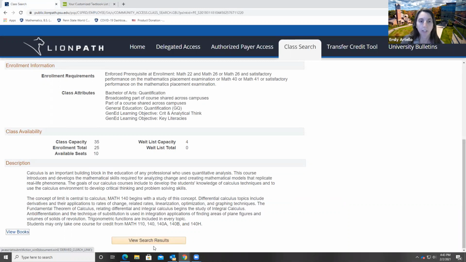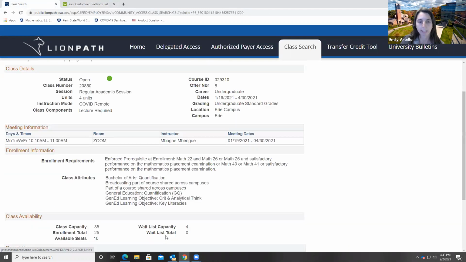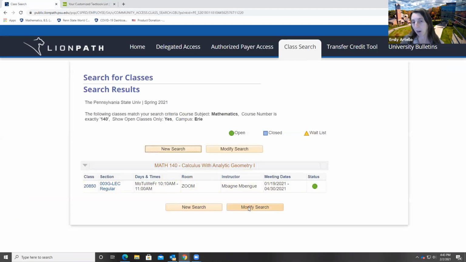Okay, then you're going to go back. I always recommend clicking View Search Results and or Modify Search if you're going back. If you decide that this is a section that you want, you as a student will have a button that's here that's green that says select, and you can select that and add that to your enrollment shopping cart. Okay. Maybe this isn't the exact class you want, or maybe it is, you've added it to your cart and you want to go back and add another class. That's where you can go to Modify Search.